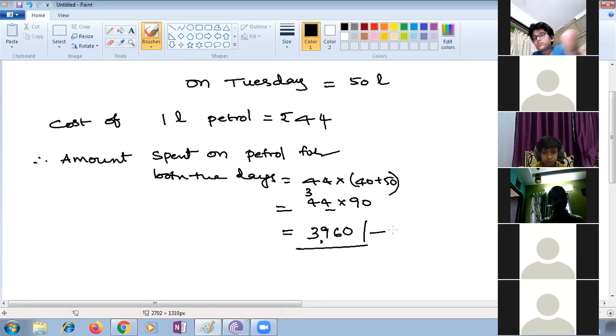You have to complete the 6th and 7th bit. The 7th bit is match the following. You can match which is the correct one. There are properties given for you. Please match that. And the 6th bit is: a vendor supplies 32 liters of milk in the morning and 68 liters in the evening. If milk cost is rupees 15 per liter, how much is due to the vendor per day?